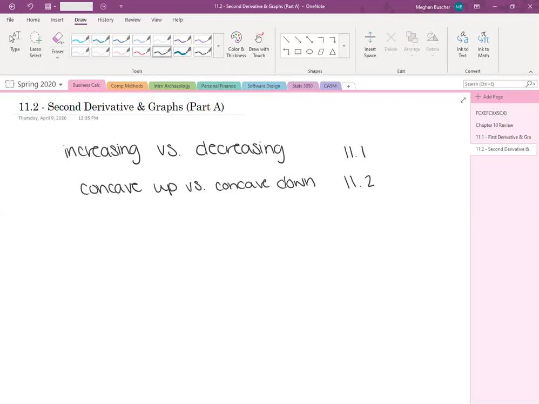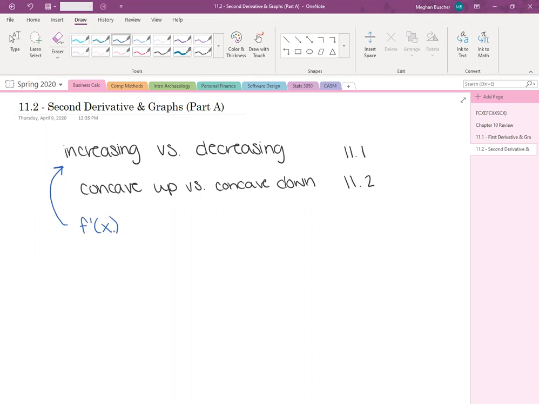Now, does anyone want to remind me, how did we get increasing versus decreasing in 11.1? What did we use to find those intervals? Anything about the function, anything like that? Okay, so for increasing versus decreasing, we look to